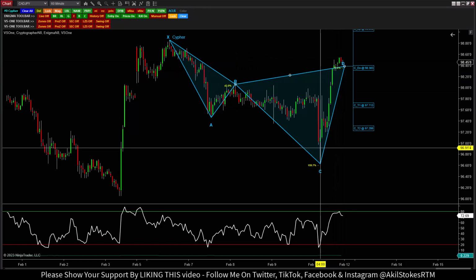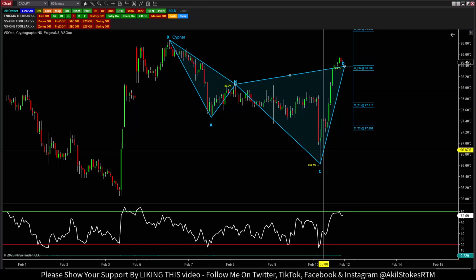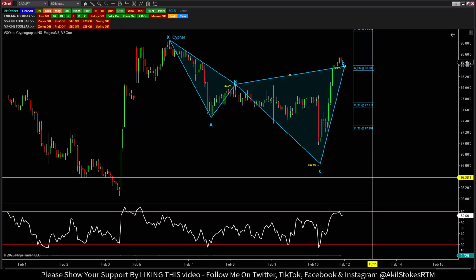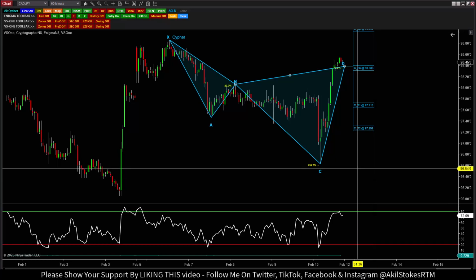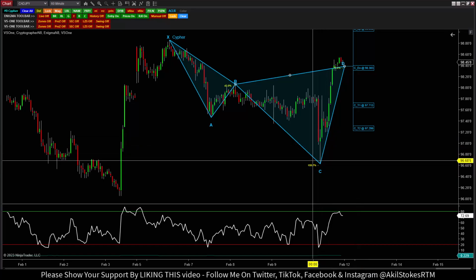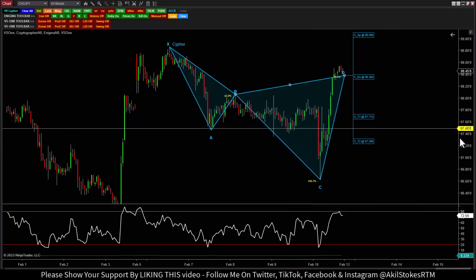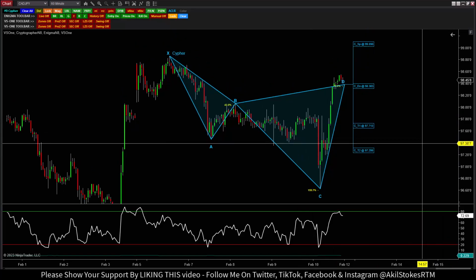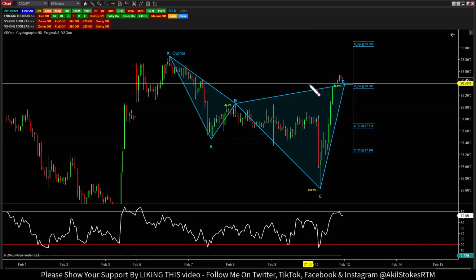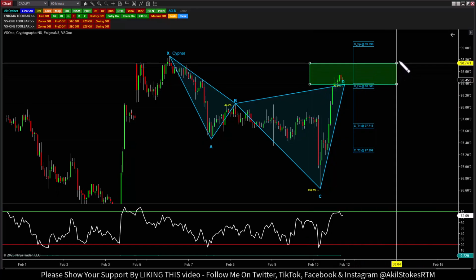because we have requirements for that C leg, but there are specific rules that say we can touch a 1.414 retracement, but we cannot close below. So that's why many people may be seeing this and saying, hey, this is not a cipher because that extension for the C leg is so deep. But the majority of that deepness is the wick and it does not close below. So it still makes it a valid cipher formation. Now you can see this one is already in the D completion level. So it is an at market sell if you're a cipher trader and you're catching this on the open,